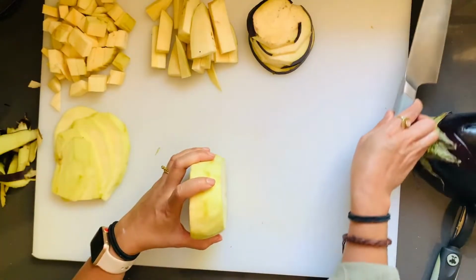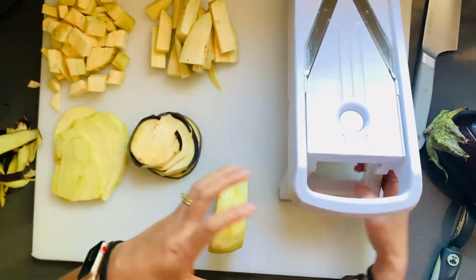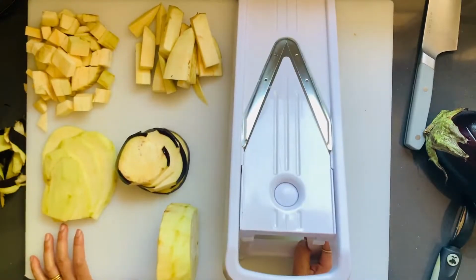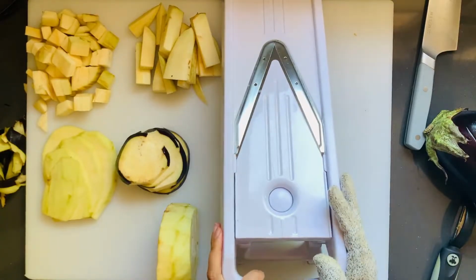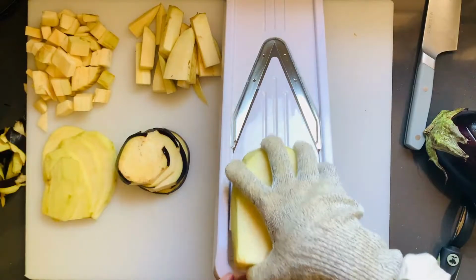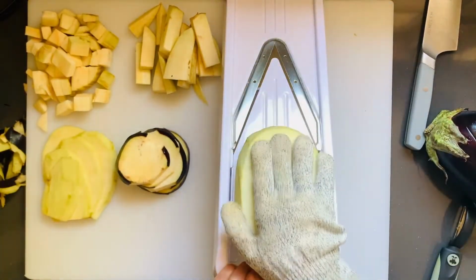But if you were going to use it for a lasagna, you might want to use a mandolin to get an even more uniform slicing. I'd highly recommend using a cut glove for this. And orient your mandolin away from you so you can see the blade as you move the vegetable through the blade. Okay, so this is a 2.5